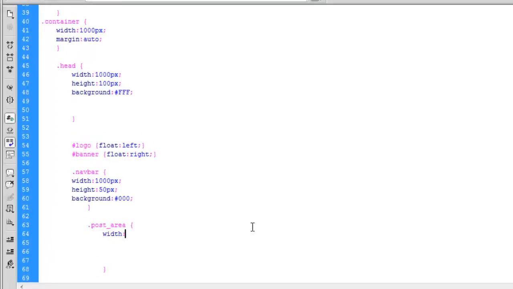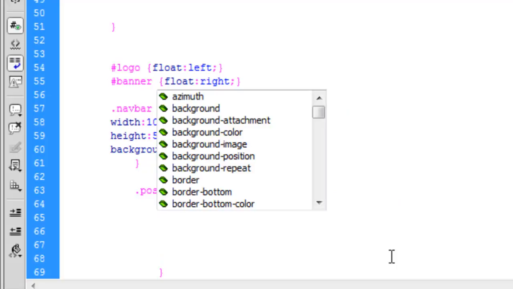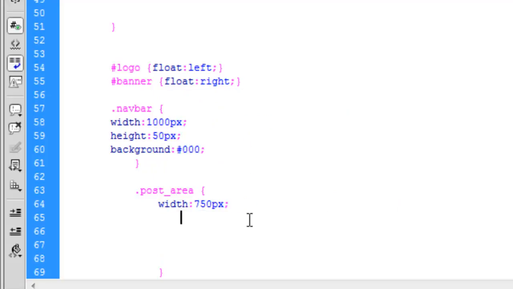So we need to actually say like this, 750 pixels is the width, and the height, right now we don't actually add height, but for now, just for checking the result or for testing the page, we need to add a height as well of 600 pixel,